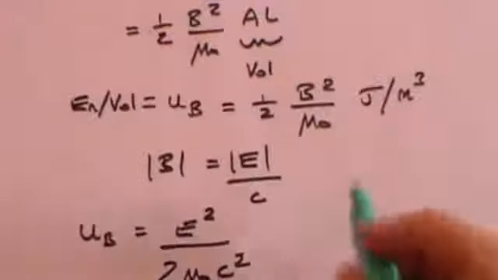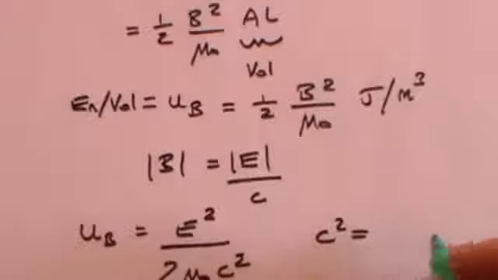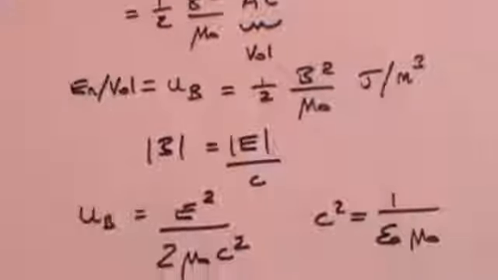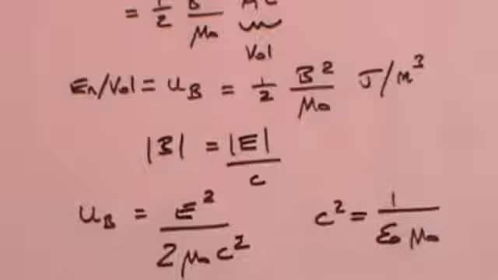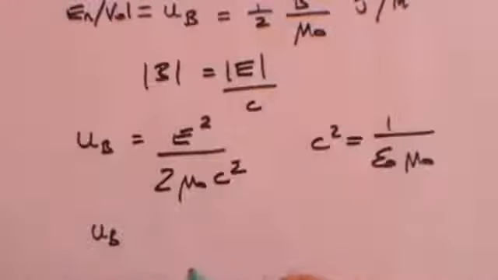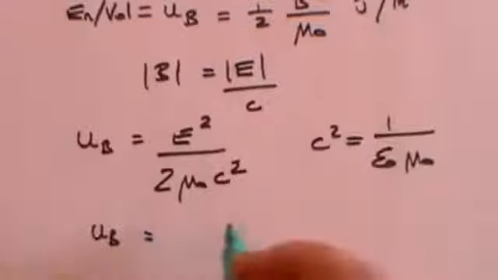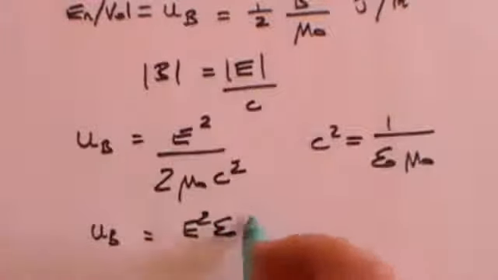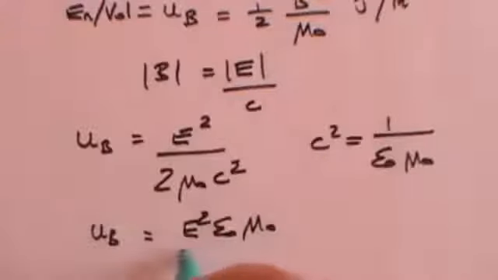I've just substituted that C squared, well, now I'm going to substitute C squared is 1 over epsilon naught mu naught. That we also established in the video on what is light. So if we replace this term C squared by 1 over epsilon naught mu naught, we're now going to get that the energy per unit volume in the magnetic field is going to be E squared epsilon naught mu naught divided by